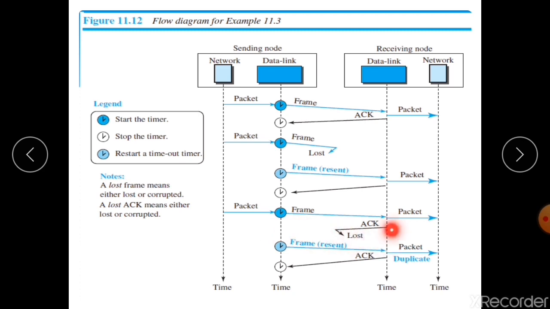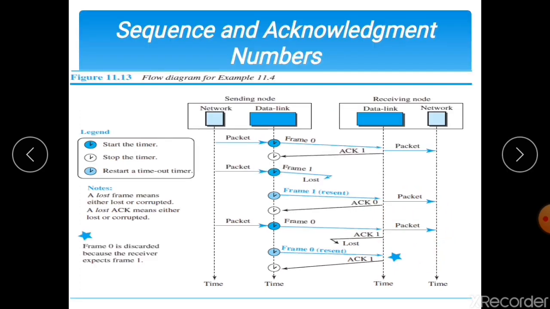So the sender will resend that frame. Here you can see that as soon as the frame is received, it is forwarded to the network layer and an acknowledgement is sent back to the sender. But the problem is this: the same packet is delivered twice to the network layer. In order to overcome these duplicate packets, the next scenario is discussed, that is sequence